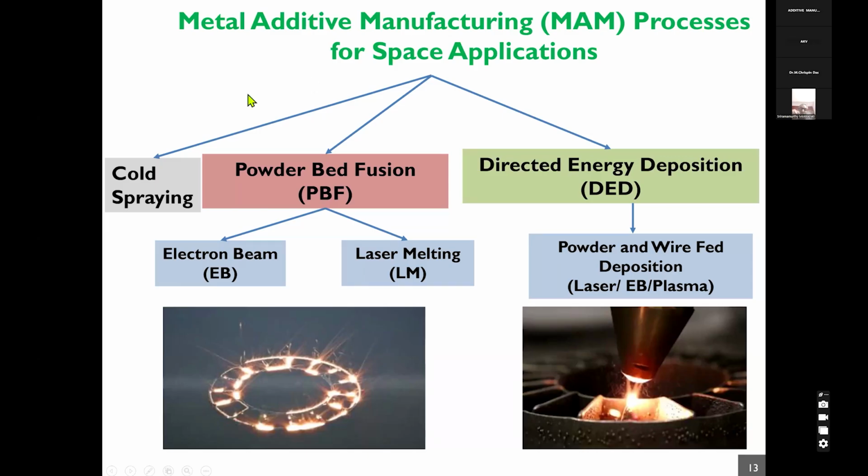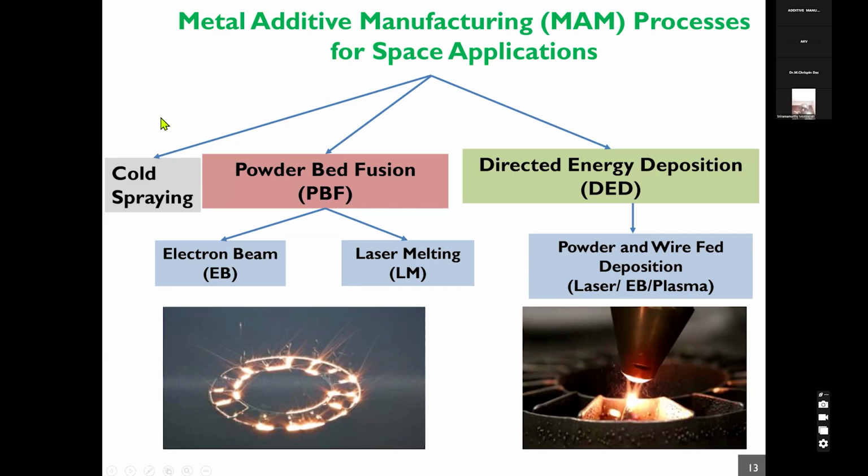Coming to the metal additive manufacturing process for space applications, we already discussed powder bed fusion. So you can have electron beam or laser as a heat source. And under directed energy deposition, you can have powder or wire as a feedstock. And you can use either laser or electron beam or plasma as a heat source for melting and depositing. And of course, under solid state fusion process, cold spray process is one which has been gaining more popularity for